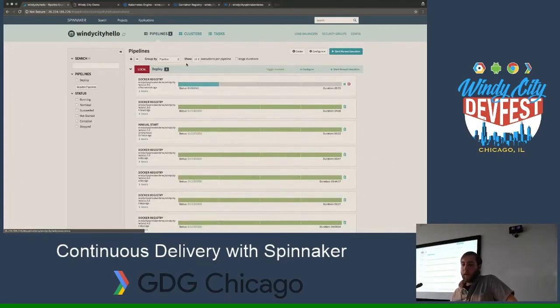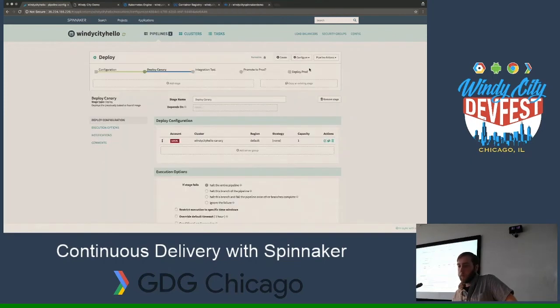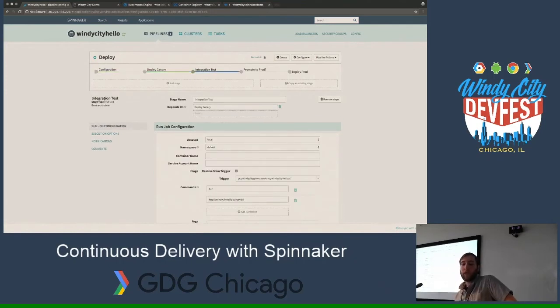So you can see my pipeline actually triggered here. You can see it detected from Docker registry. It detected a new container 1.9, and it's deploying my canary. But let me go back to what the pipeline's actually doing, just showing you the pipeline triggered. Next, I run this integration test. This integration test is another kind of